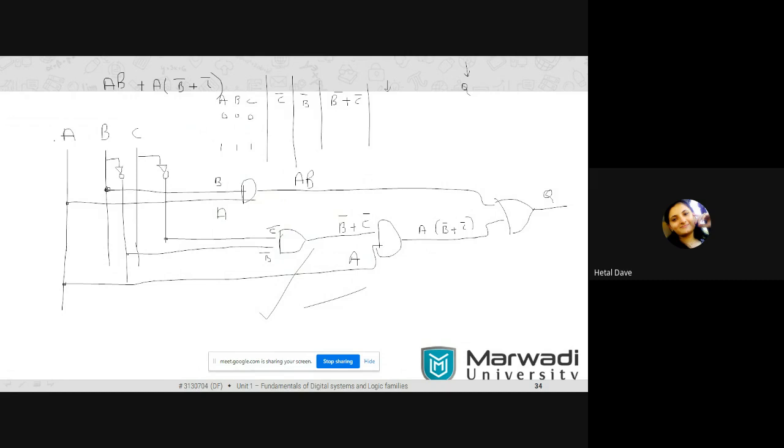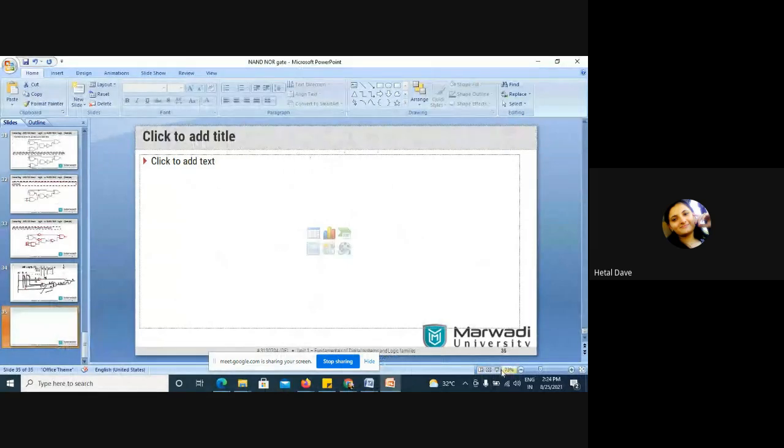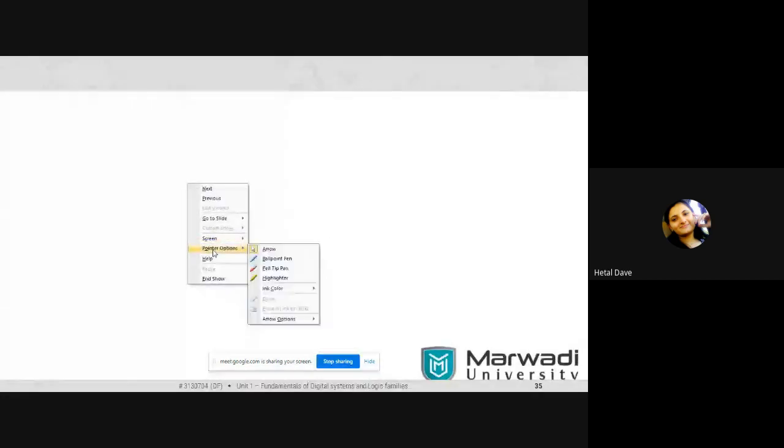So here, first of all, the variables are written. How will the circuit be drawn? For this, let's say I am going to take a new slide and draw it for you so you can understand it. Okay, so what you need to do: how many variables are given? Total 3 variables, A, B and C. You will make vertical lines equal to your number of variables. Then in your Boolean function C bar is given, so I am going to make this a NOT gate.